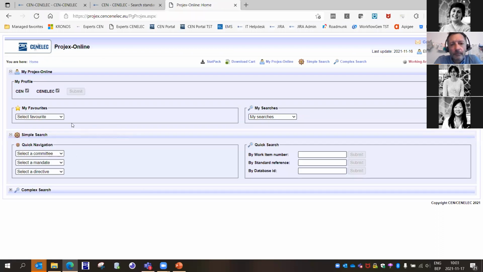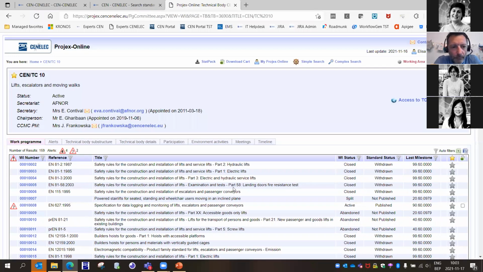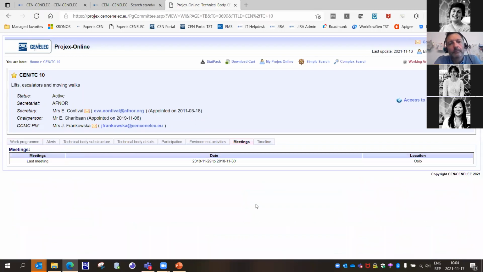If you select a technical body, you will see that sometimes there is a meetings tab. If you click on it, you will have information on the last meeting with the date and the location, but also for the next meeting, if this information has been shared with our data service unit here at CCMC.